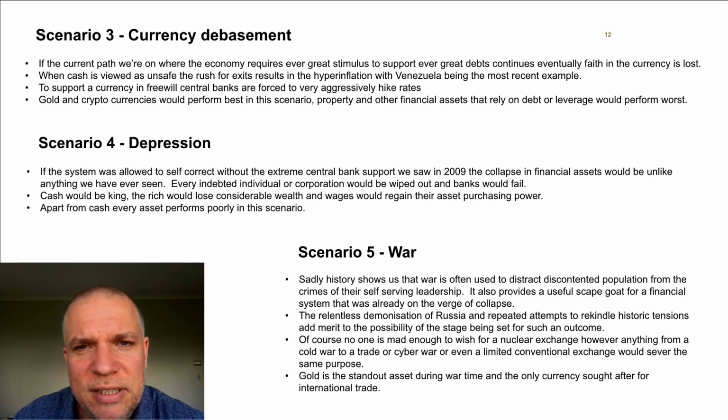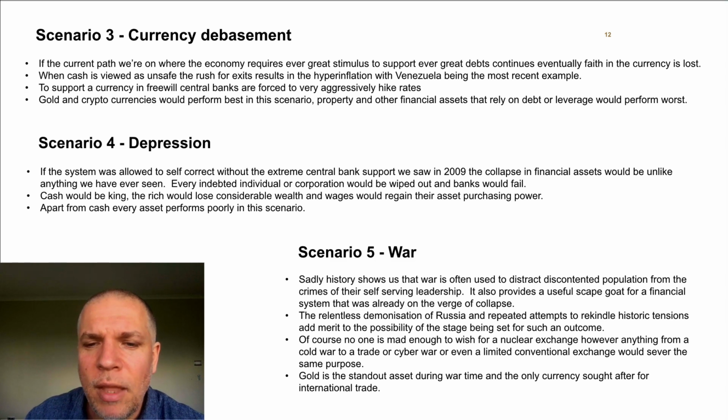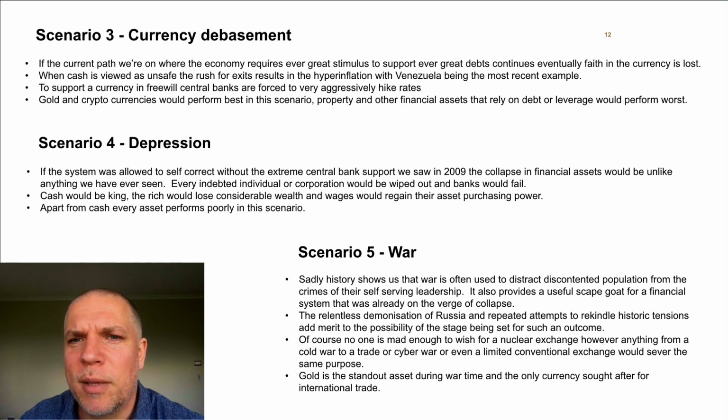So this is really difficult, isn't it? Because you've got, in this scenario, cash is king, have to have cash. Other scenarios, cash disaster, get the hell out of cash. So you can see the difficulty you've got with these scenarios. So bear in mind, I think the depression scenario is likely as a first wave, but I don't think personally it's likely to go all the way. I think the ruling class have learnt too many lessons from the previous Great Depression. They've got a lot more tools now too. Without the gold standard, they can avoid giving up their wealth. So I fully expect them to find a way to do that.